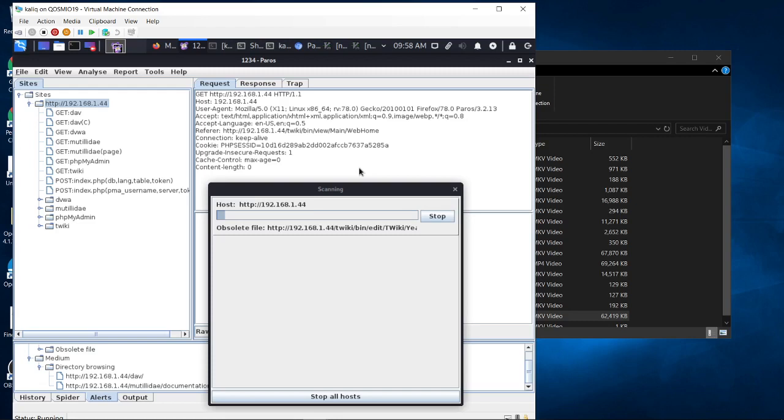OpenVAS is great, and Burp Suite's pretty great. Burp Suite, unless you use the paid for version, lowers a lot of the functionality on you, but it works good. OpenVAS gives you all of the functionality, but it's a little hardware intensive for a lightweight system. This one runs perfectly fine on a Pi. Even a Pi Zero has an alright time with it. It takes a little longer, but